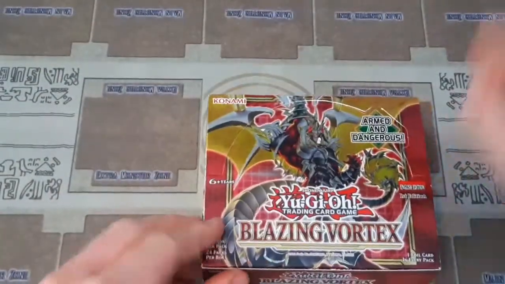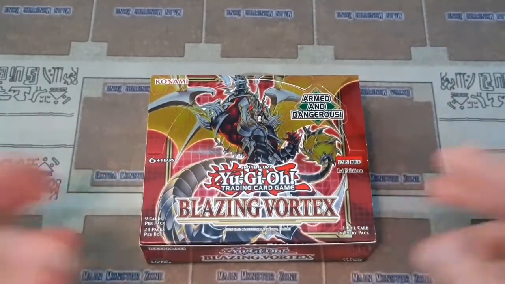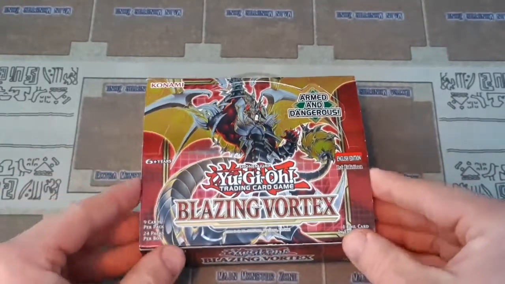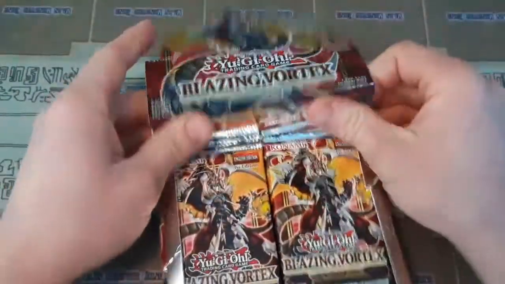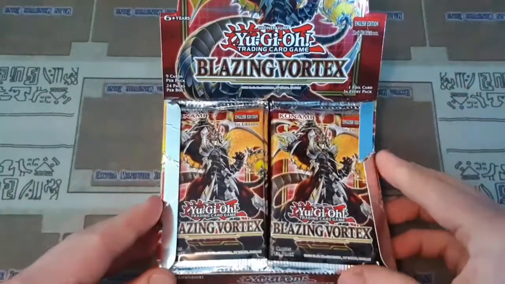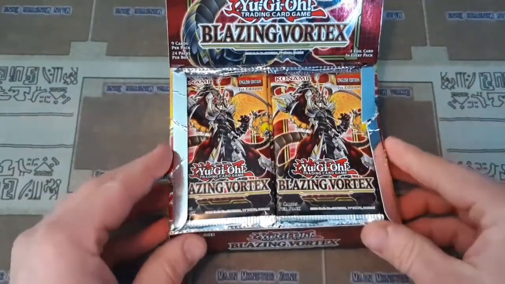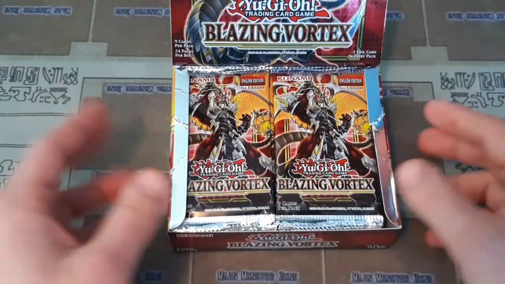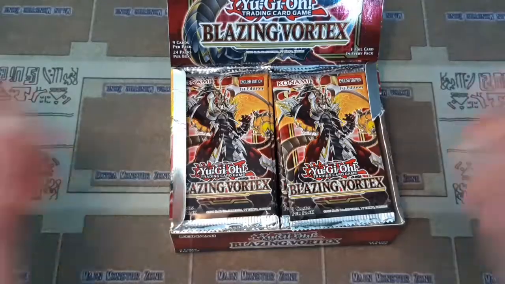And then we have really good cards like Pot of Prosperity, as well as the new Link 5 monster, the Underworld Goddess. Also, the Spriggans archetype looks pretty promising. So I think this set is a little bit better than Ignition Assault, so it's not totally a redo of it. This box looks a little bit damaged, but